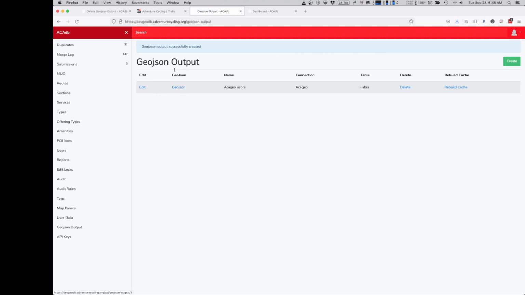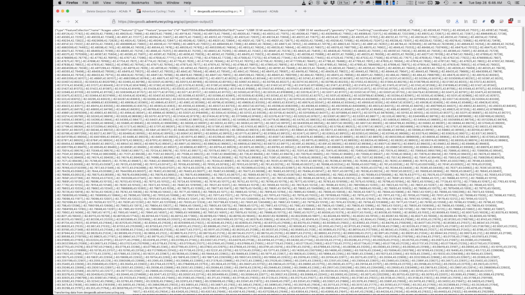Now that this is created, we have our GeoJSON output, and it also is caching on the server, so it doesn't read from the database table every single time it's accessed on the API, so you can rebuild the cache if you make changes right here. So once that's created, you can click GeoJSON, and it will spin a little bit because these are a lot of features that it's parsing to the GeoJSON text format. But once it parses all these point locations,